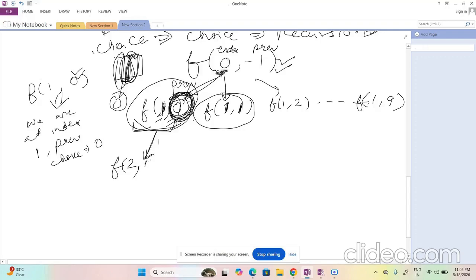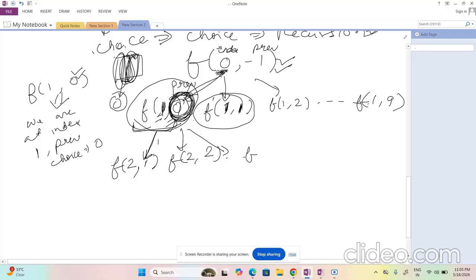We can make the choice of 1, the choice of 2, till we can make a choice of 9.